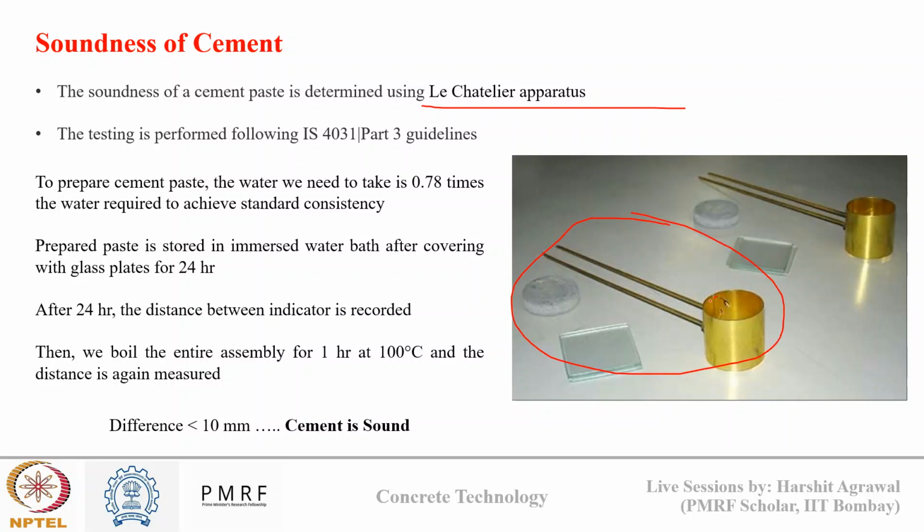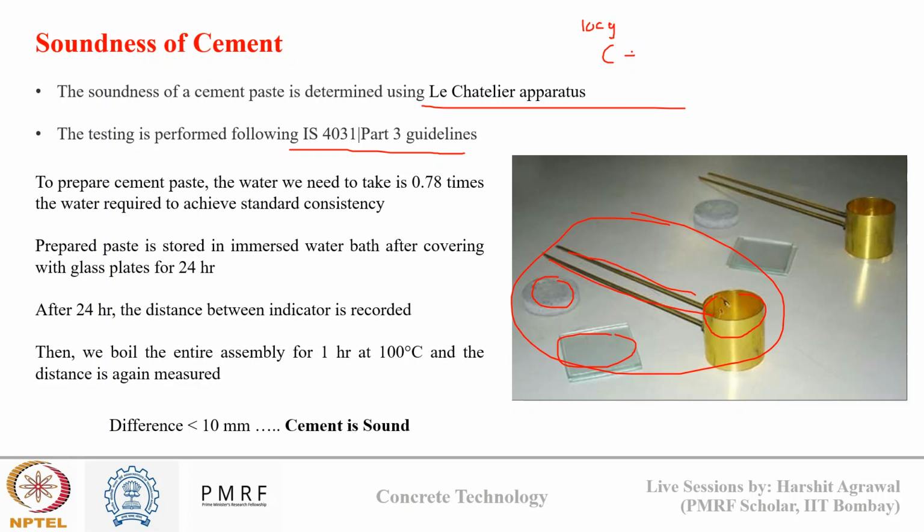So, this is one mold, a circular mold. These are two needles which are attached to this circular mold. This is a stone block and these are glass plates. This testing we perform as per IS 4031 Part 3 guideline. So what we do, initially we take cement, suppose 100 grams of cement,